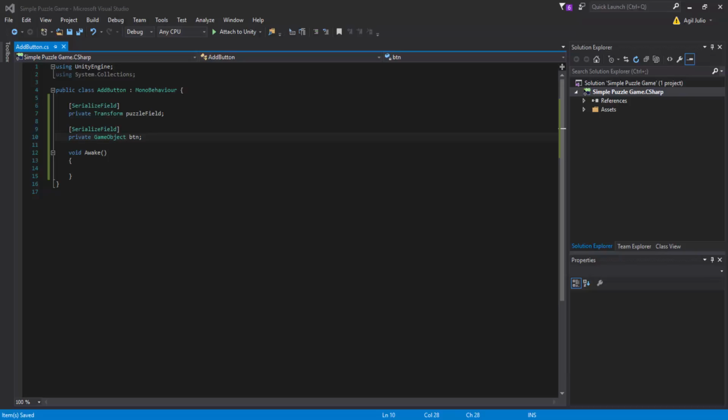Now what we are going to do with this game object is use it and create a for loop, and we are going to set the transform as the parent of the game object with this one.